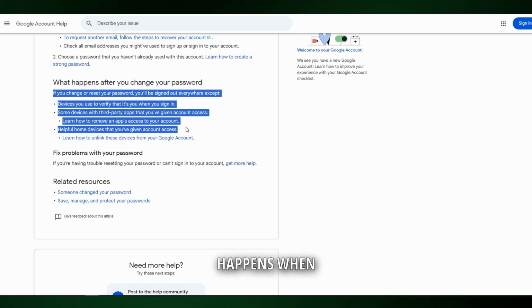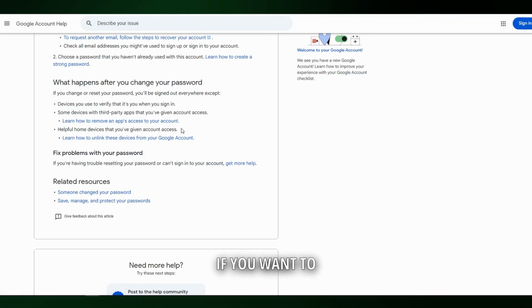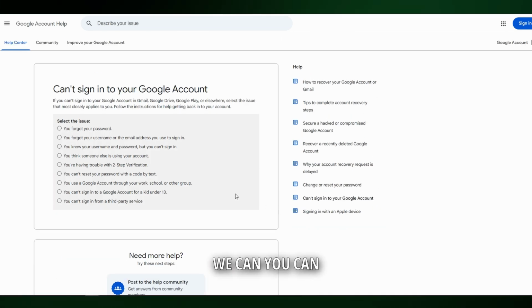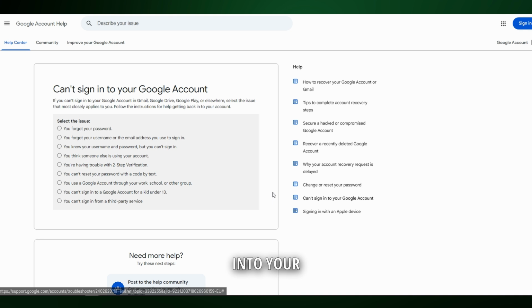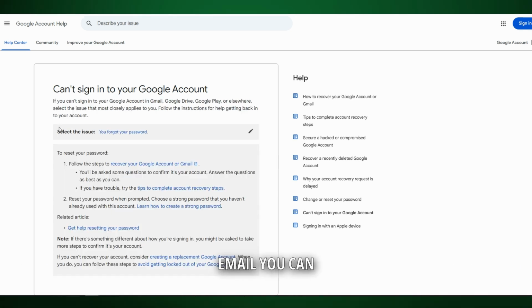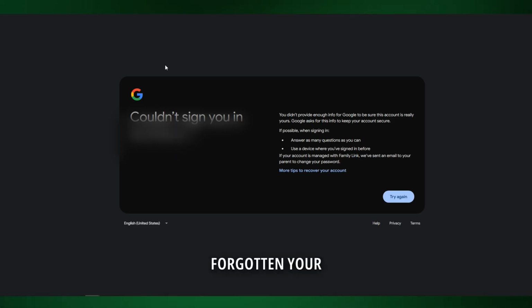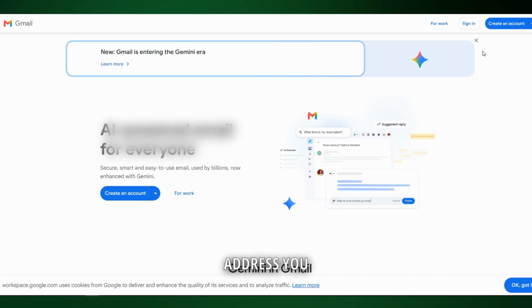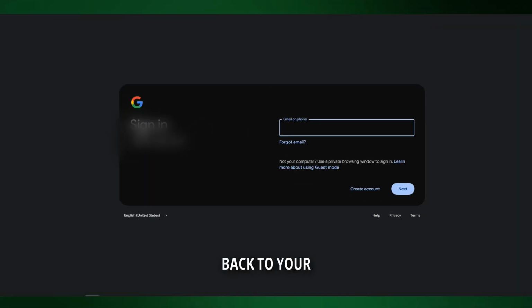And here is what happens when you change your password, if you want to read that. You can also do here, can't sign into a Google account, and if you forgot your email, you can just do this and it will automatically show you possible resolutions to your problem, right? So that's it. Now if you've forgotten